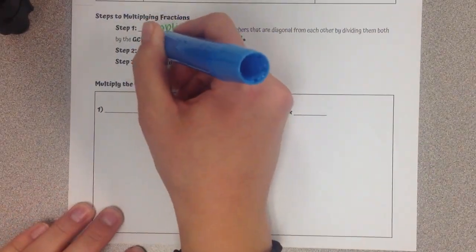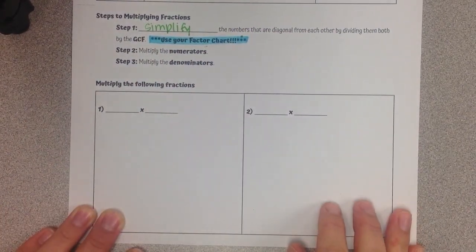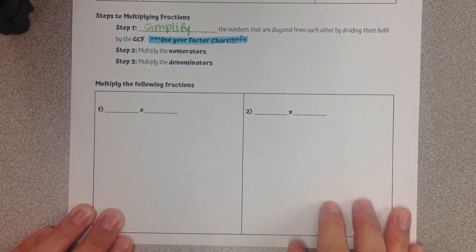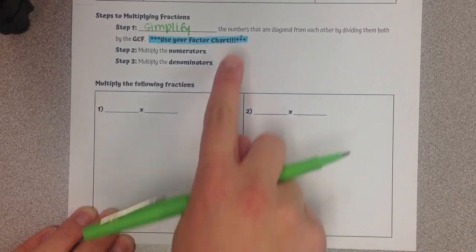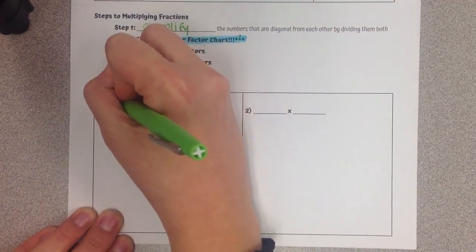Okay, step 2. Actually, I'm going to highlight that here so you don't forget. Use your factor chart. Step 2, multiply your numerators. And then step 3, multiply your denominators. Okay, so I'm going to show you what this looks like in our first example, which is